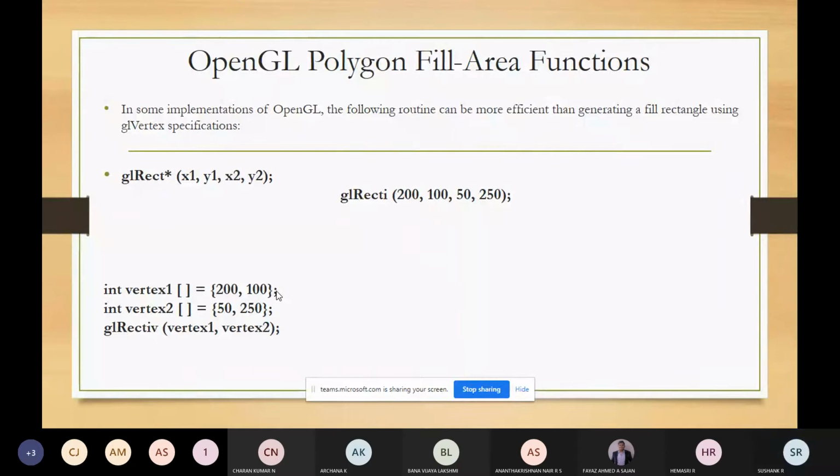See, in the first module, we had studied about the vertex function. In the first module also, we had studied about functions like GL begin, GL end, and inside this, you are writing some code like GL vertex 2i, some points P1, P2, P3, like that. The same thing here also, there is nothing big about that. There you were talking about the GL underscore points, GL underscore lines, like that.